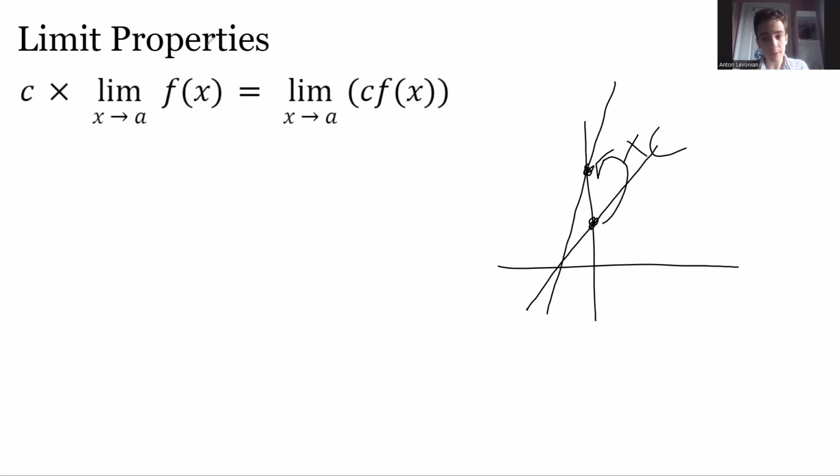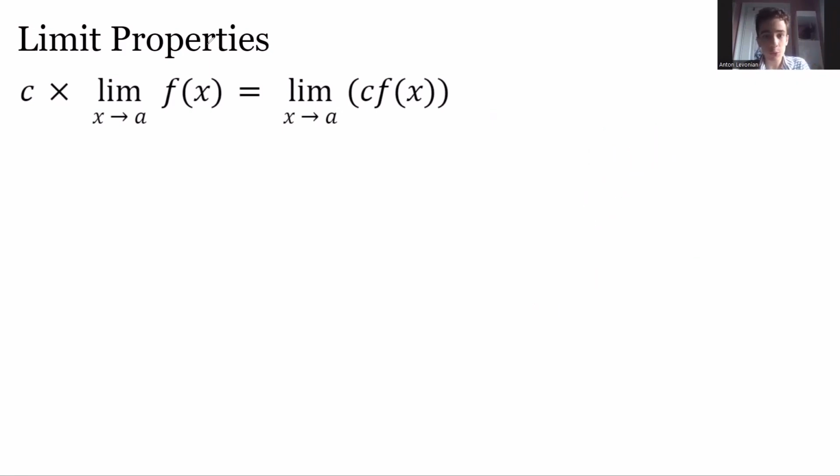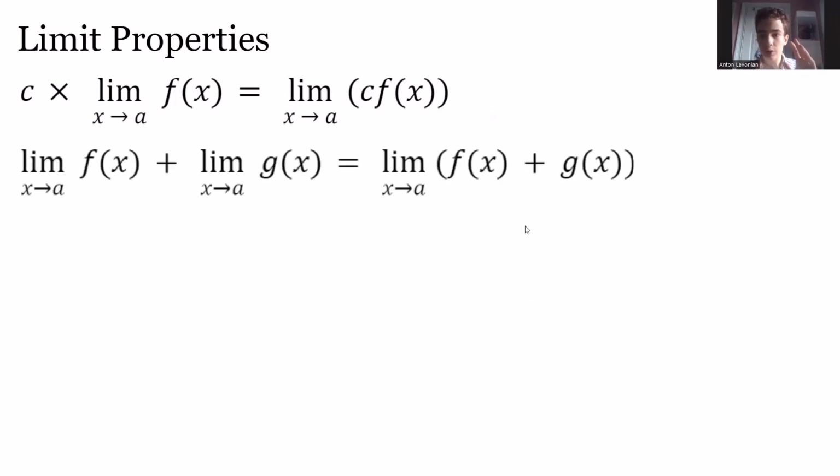You might expect that, but it does require writing down. Everyone good on what this property tells us? Because this is probably the simplest property of limits, so I just wanted to make sure that this is firm and solid. Everyone good? All right. So the next property is that if you have two functions and you add them, say we have,